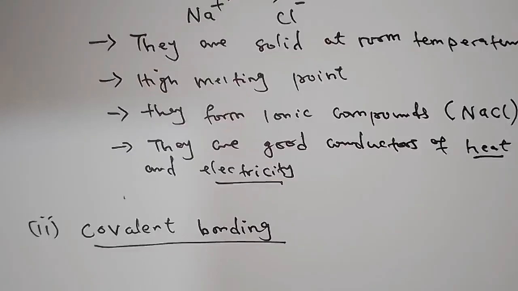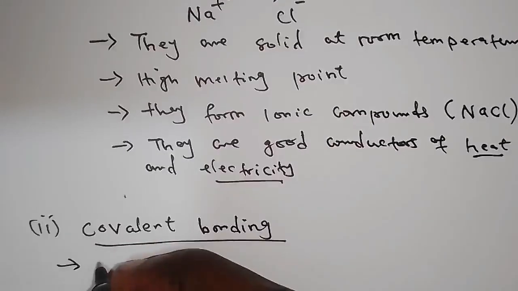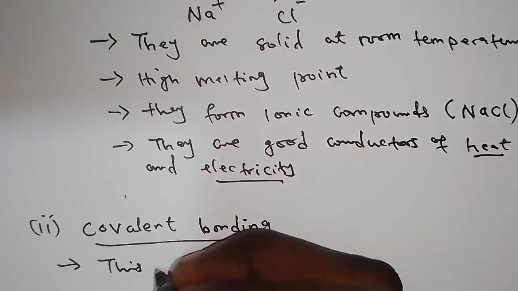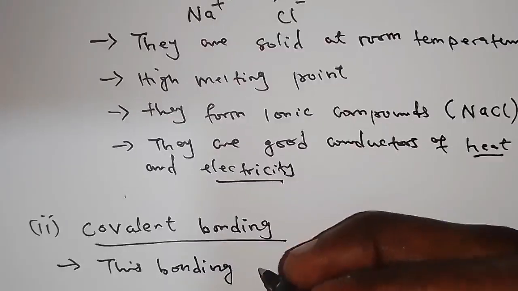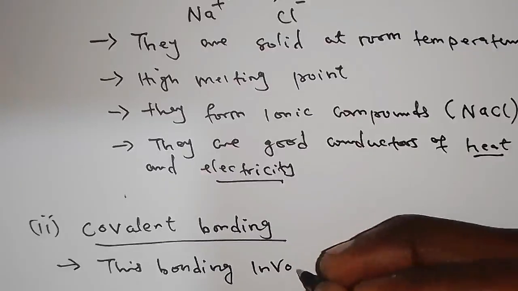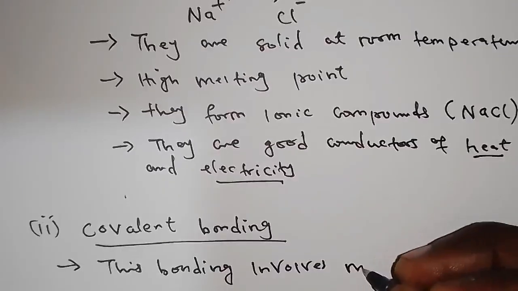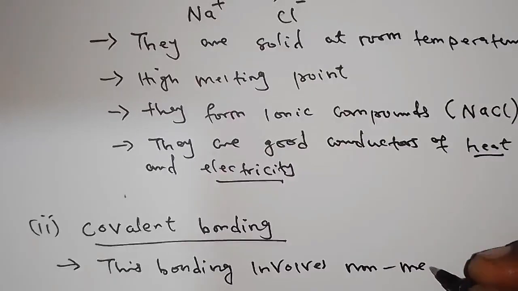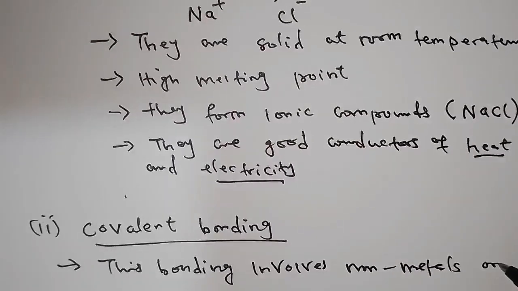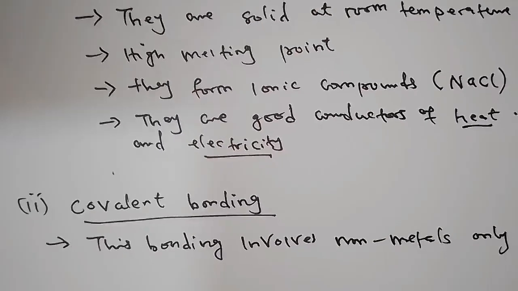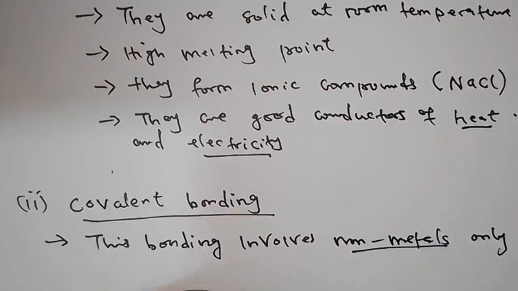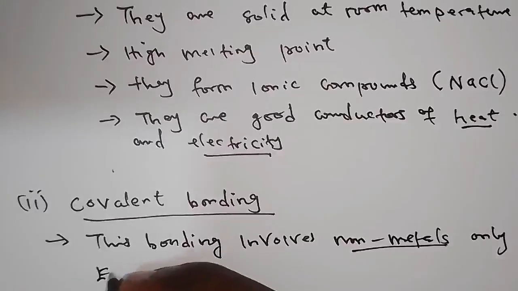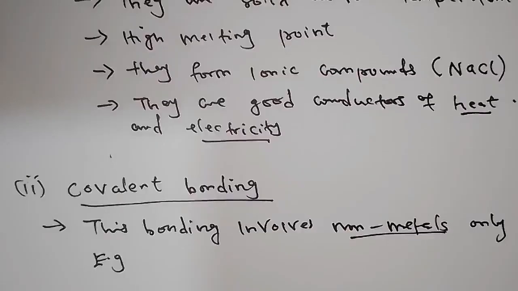So covalent bonding is a type of bonding that involves non-metals only. So what we mean by this is that, for example, when you go to the periodic table,